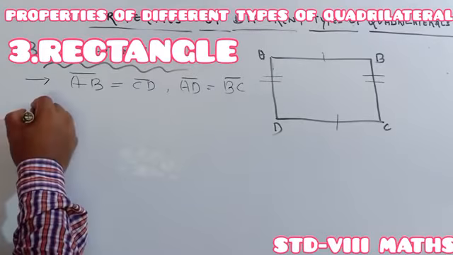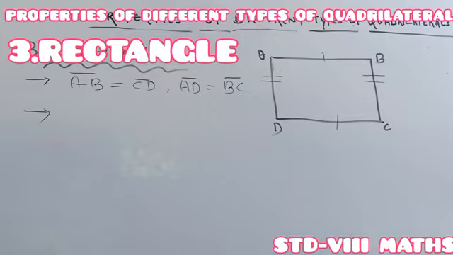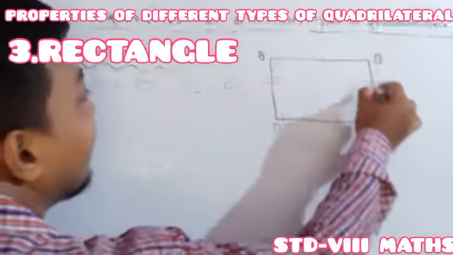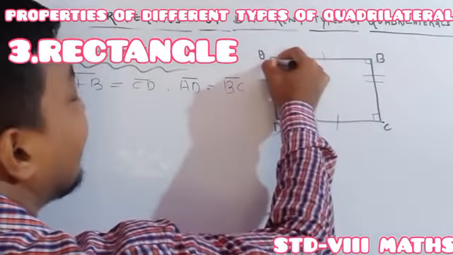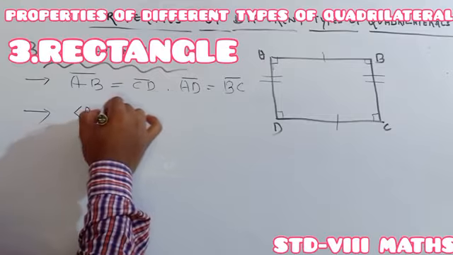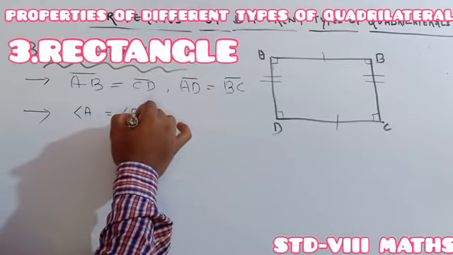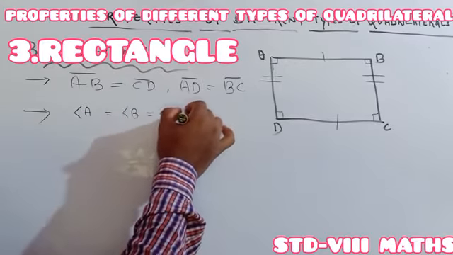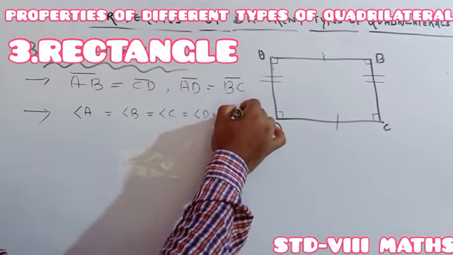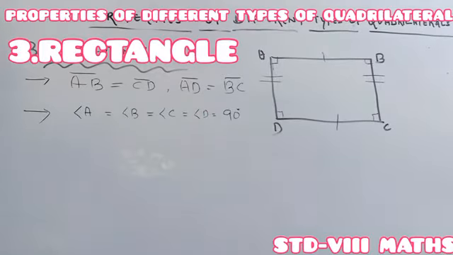Perfectly understood. So first I discussed the opposite pairs of sides. Then I will discuss its angles. Here each of the angles is 90 degrees. So directly writing: angle A is equal to angle B is equal to angle C is equal to angle D, which is 90 degrees. Each of the angles is 90 degrees. Then here is an important point I am saying.